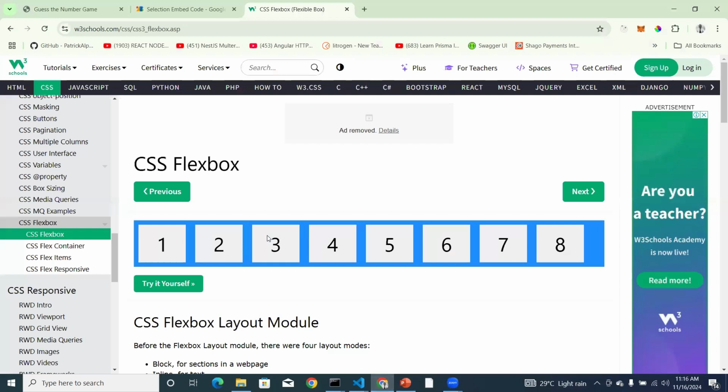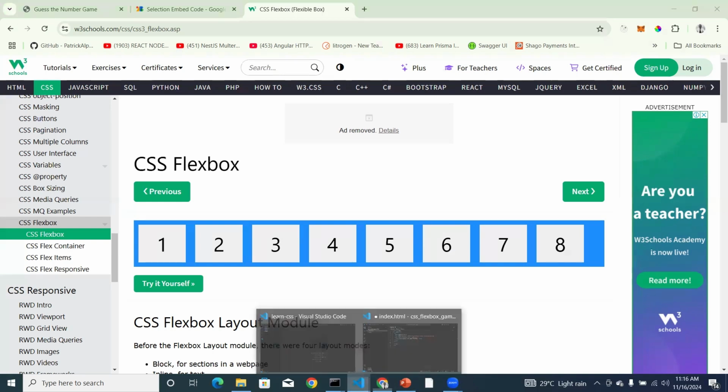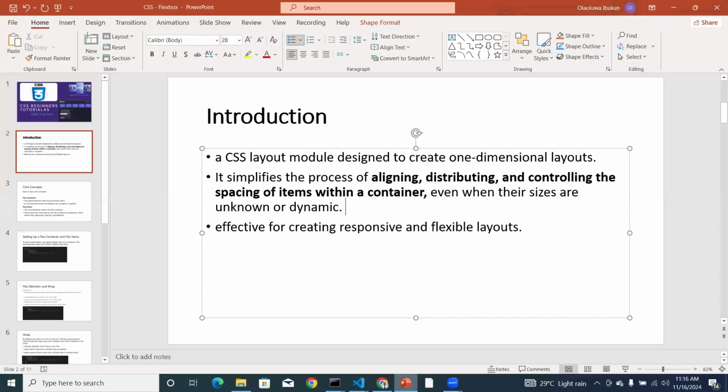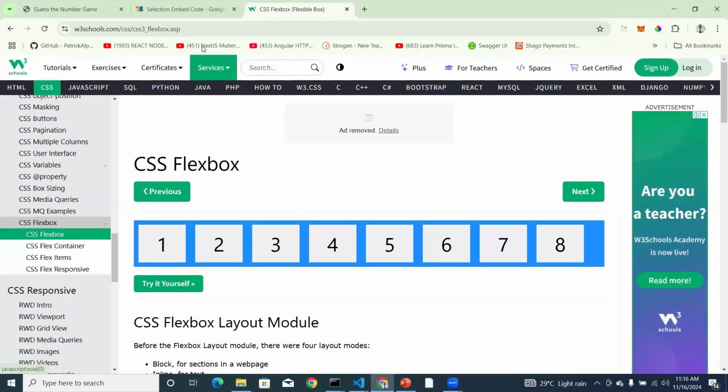Just imagine what we are looking at here. You can see that we have equal spacing across all items. There are other things we can do, like wrap this content if it cannot fit into the width of the container. We'll look deeply into all this, but understanding this is very, very important, because without it, you will struggle to design a good looking interface. It is effective for creating responsive and flexible layouts. This is very important because it makes your life easy. You won't have to write a lot of